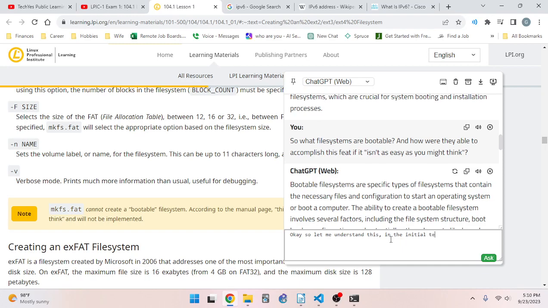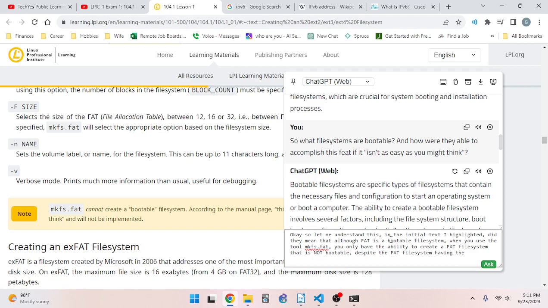In the initial text I highlighted, did they mean that although FAT is a bootable file system, when you use the tool mkfs.fat, you only have the ability to create a FAT file system that is not bootable, despite the FAT file system having the ability to be bootable, is what they meant